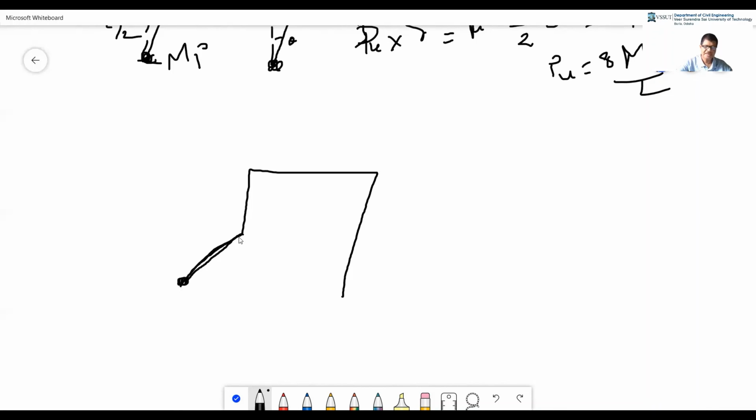Here there will be hinges. Here there will be hinges. Here there will be hinges. And here there will be hinges. Now see what value comes. This is theta. This will be theta. But here the values will be 2 theta. Okay, now here this value will be 2 theta. Here will be 2 theta, because we are keeping this value delta the same. Delta is the same here. Delta is the same here.